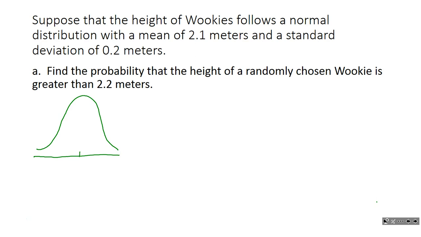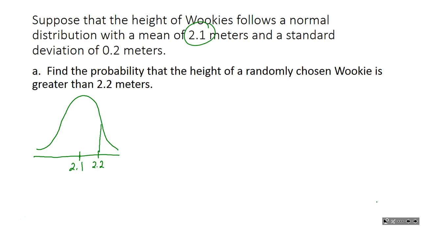We know that the middle, that is the mean, is 2.1 meters. And we want the probability that our randomly chosen Wookiee will be greater than 2.2. Now notice 2.2 would be to the right of 2.1. I'm just drawing it far enough to the right that it's easy to distinguish, but maybe it should be drawn closer. Now, here's what we do. We draw a line up